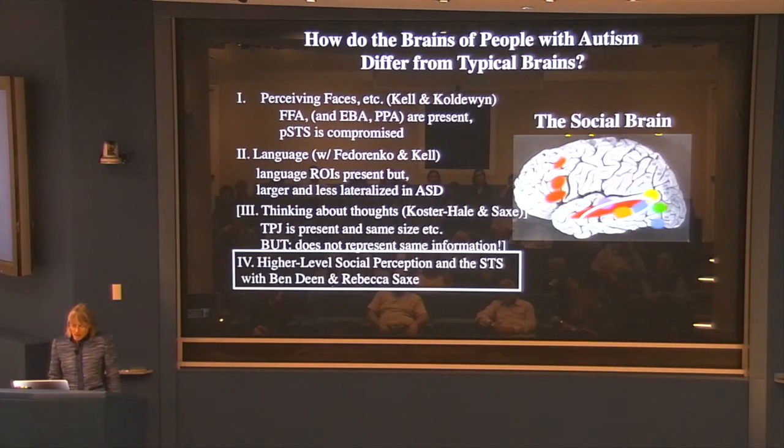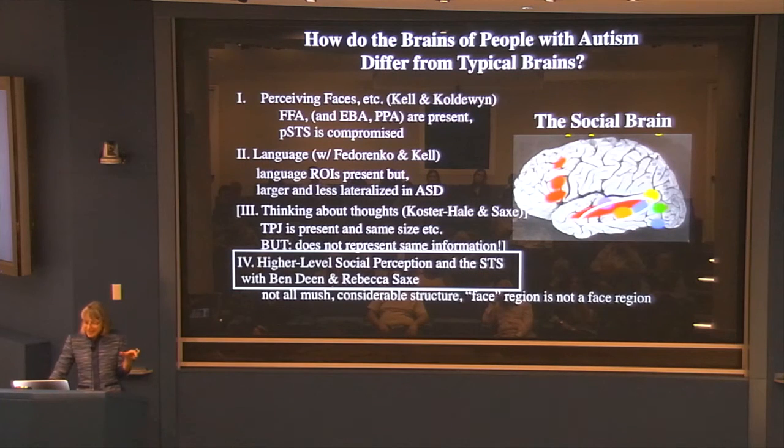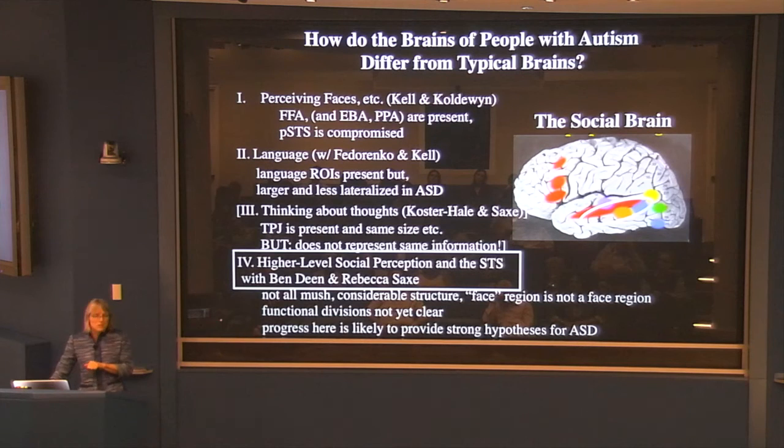Okay, so this whole kind of woolly last section here, the superior temporal sulcus has lots of interesting stuff. It's not one big multi-purpose piece of social apparatus. It has structure in there. There are different responses, some of them quite selective, but we haven't nailed it yet. The face region in there is not a face region. It's doing something more high level. It responds at least as strongly to voices. There's much more to be done here. I think this region is very much worth understanding better in typical subjects. I think it's a prime suspect for deficits in autism. In fact, we've already seen that with the much lower response to moving faces in that region.